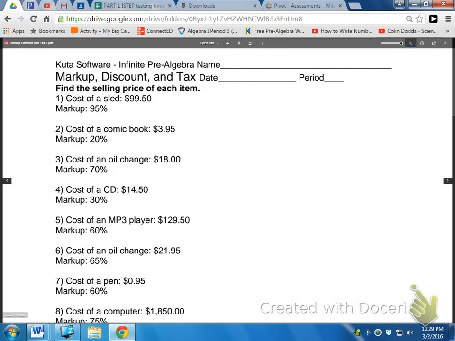Now let's look at some actual problems. So go ahead and write down number 1 for your notes. We have the cost of a sled is $99.50. The markup is 95%. So just like I said in the notes I just showed you, we would have 100% plus 95%. So what percent are we going to use? 195%. And you're going to do 195% of, or times,